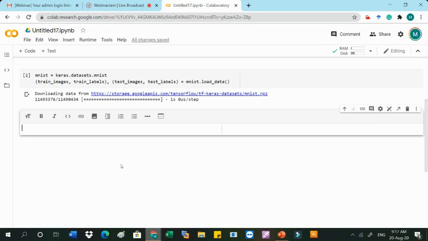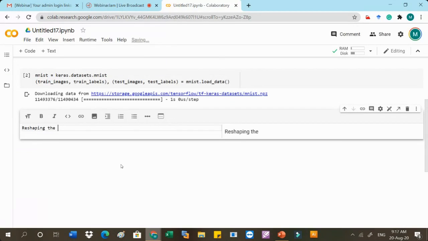If it is a color image, then it contains channels. But here we are using a grayscale image, so channels are not defined. So here we have to define the channels. How many channels are there? One channel. So we will reshape the data set to have a channel.